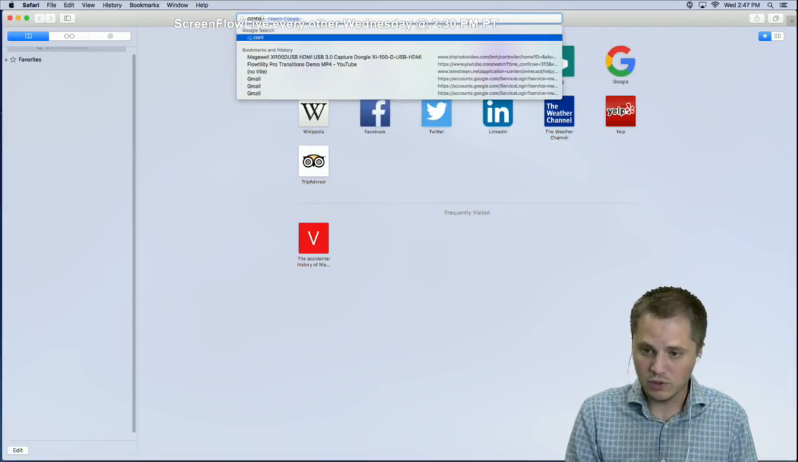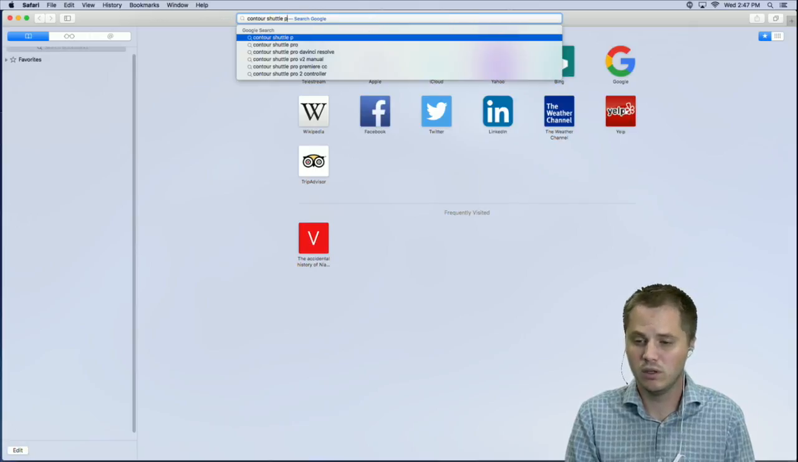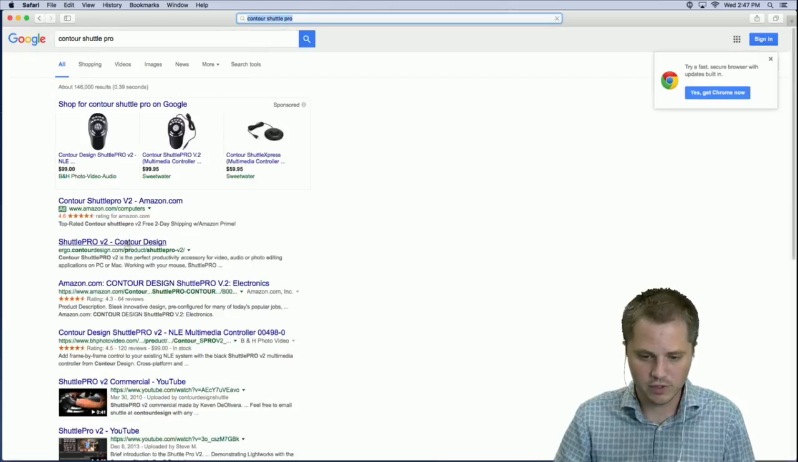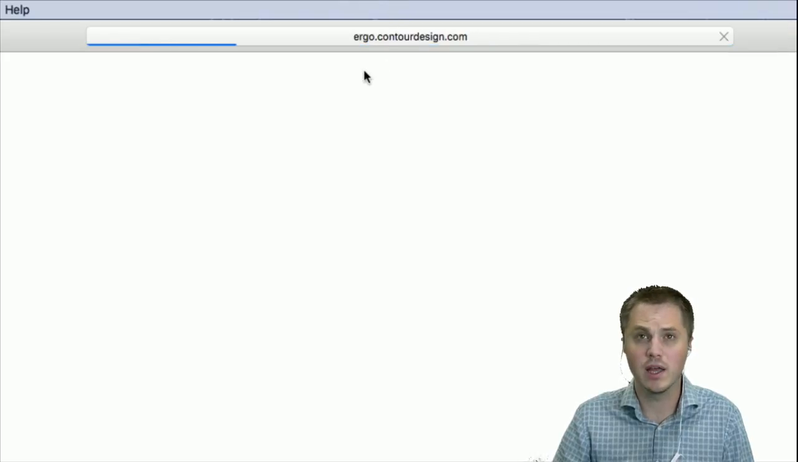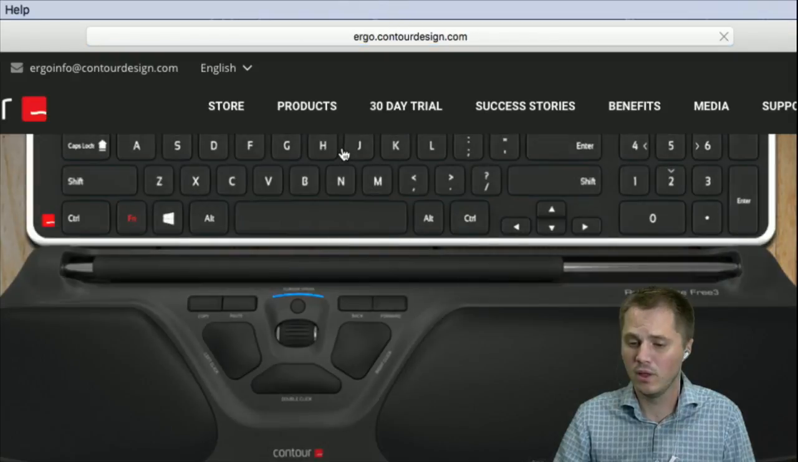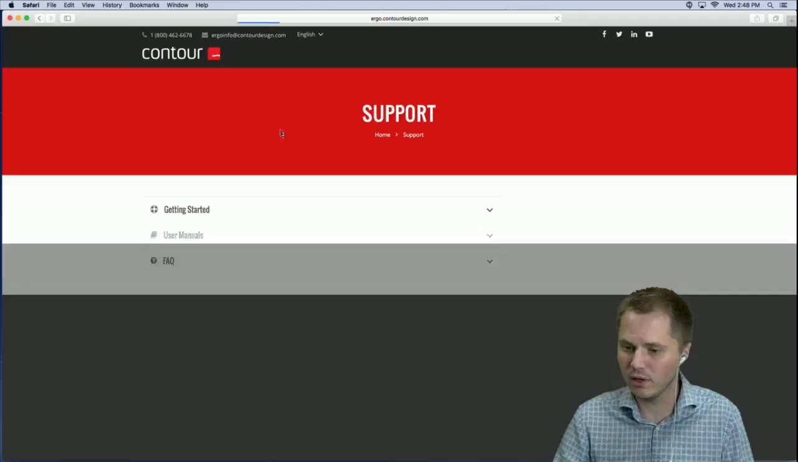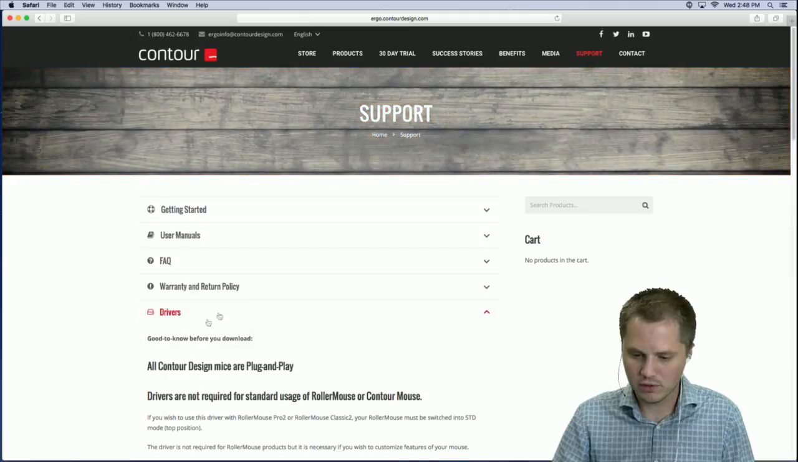So we're going to Contour Shuttle Pro. Go to search for that. You're going to go to contourdesign.com, ergo.contourdesign.com, and you can go, since we already have it here, I'm just going to download the, we'll go to support here, I'm going to go to drivers,